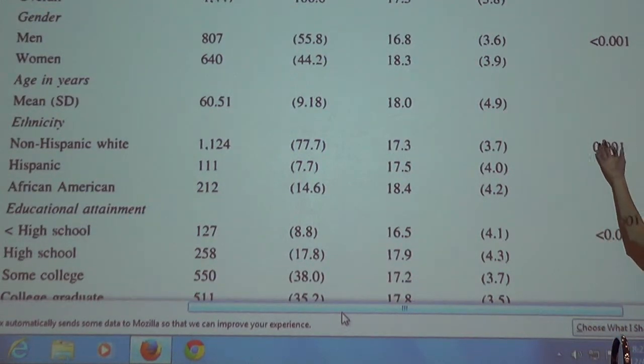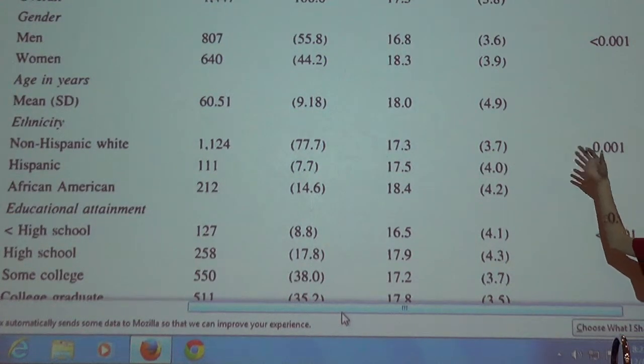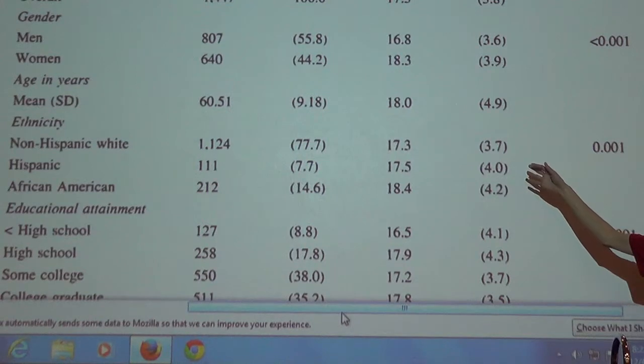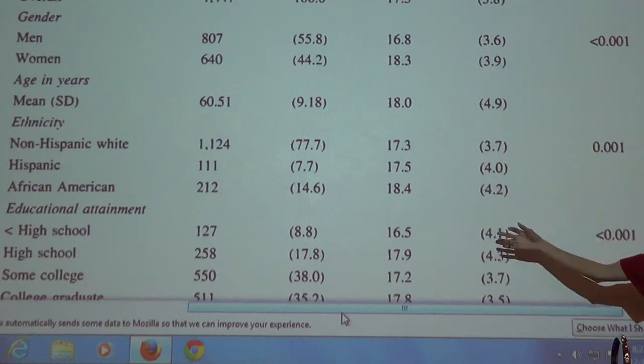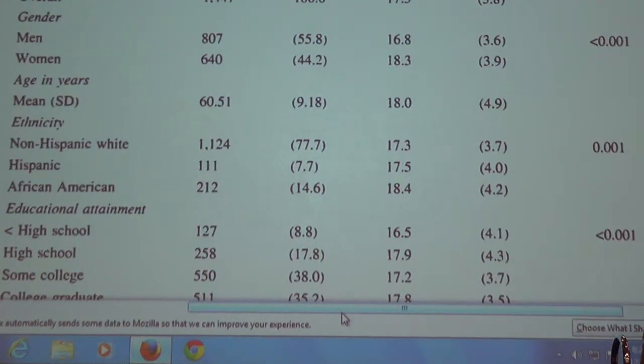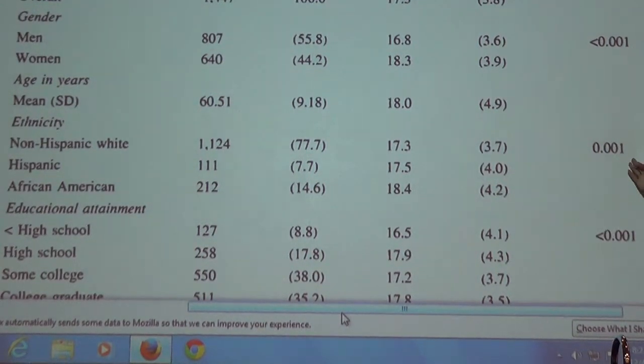So again, when your p-value is small, you reject the null hypothesis. The null hypothesis says that ethnicity doesn't play a factor, everybody's the same. The alternative is that ethnicity plays a factor, the different groups are different. The p-value is small, so we reject the null and come to the conclusion that ethnicity plays a factor. Is that okay? Alright, so let's see if we can verify this p-value based on the data that we have.